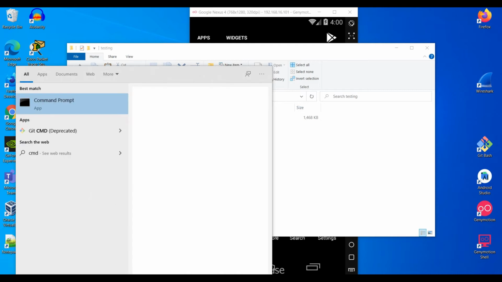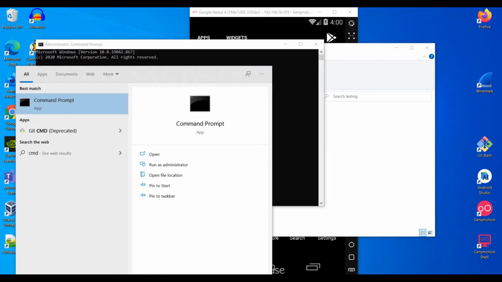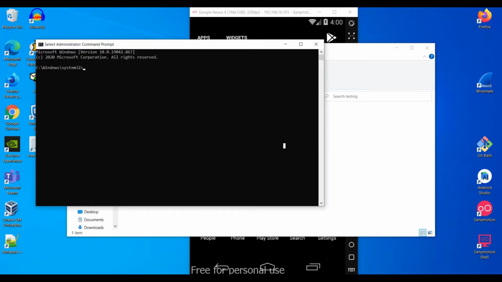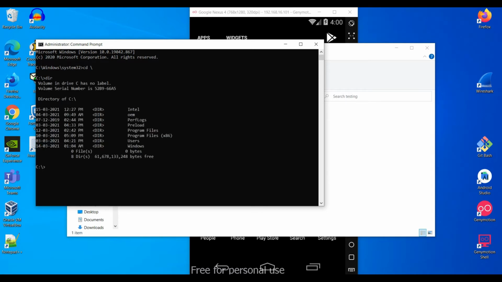So let's do that. Open the command prompt in administrator mode. Yeah, now we are here. Let's navigate to the desktop folder.